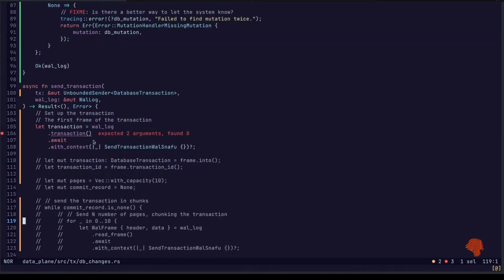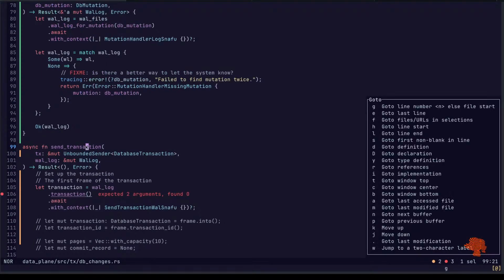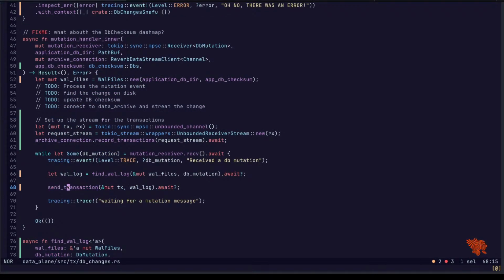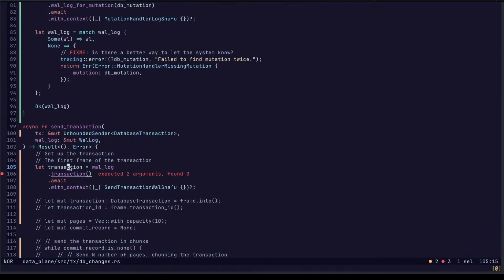I don't know if I want to do this here or where this is actually called. Because now there's going to be so little that's happening. I'm going to go ahead and leave it here. So look at a transaction.